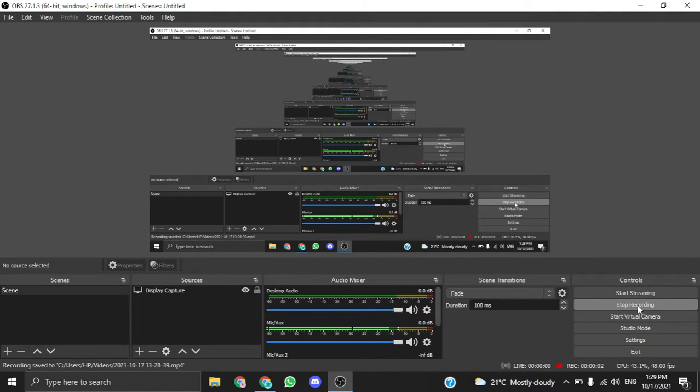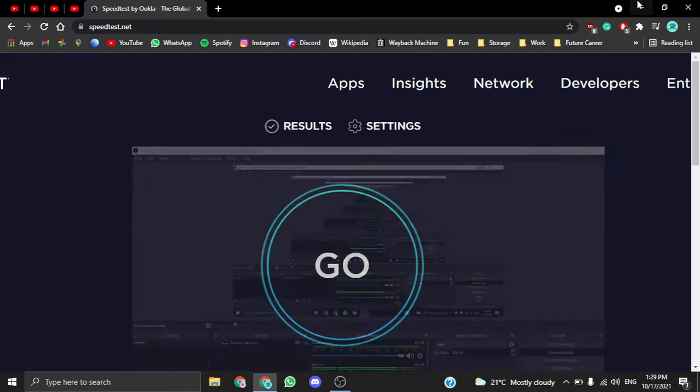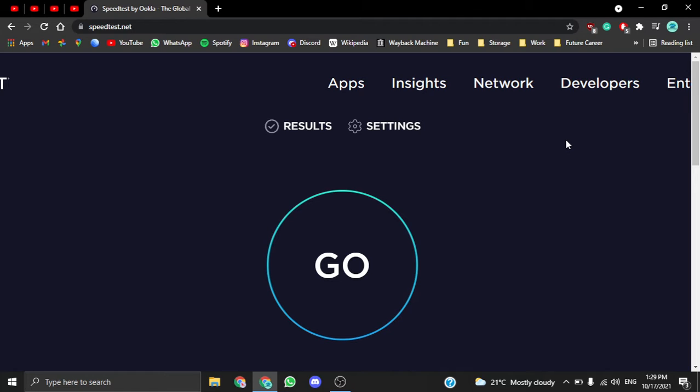So today I'm going to be showing you how to measure your internet speed and see how good it is. Alright, so on your preferred web browser, I'm currently using Google Chrome here, type speedtest.net, or I'll leave this link in the description down below so you can easily get directed to this website